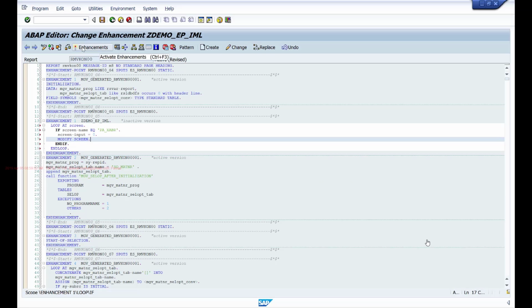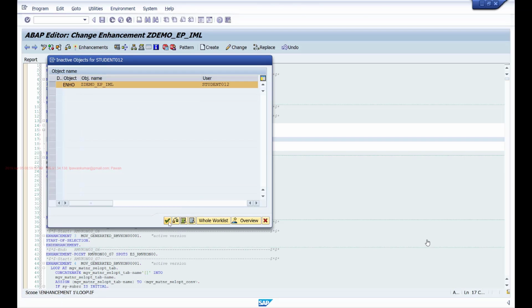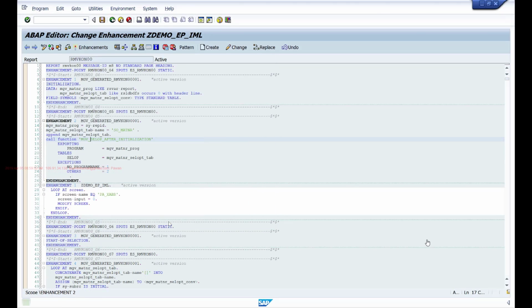And to activate it, click on this activate enhancements. So like that, you can add your code directly in the program using this enhancement points.